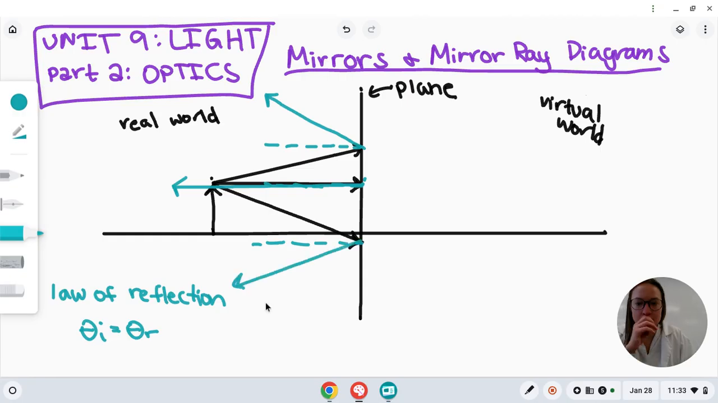Now, let's talk a little bit about how your eye would see. Your eye would look at this situation, and the way that your eye sees anything in the world is that your eye looks at the world and